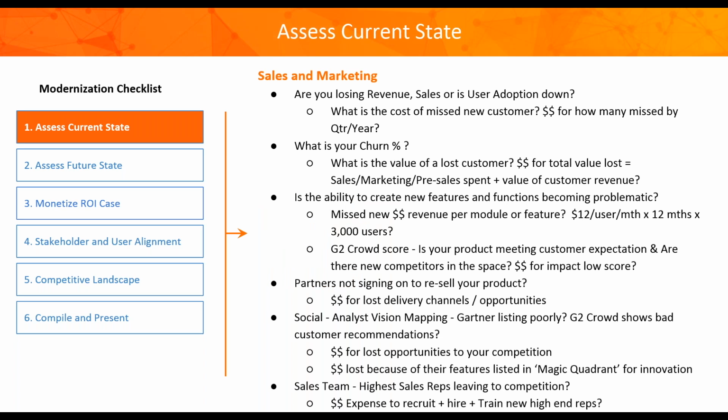Okay, so now let's get into a little bit of the current state. One of the big things we find our customers doing here is asking: are you losing revenue? Are you losing sales? Is your user adoption down? Typically, sales and marketing departments have a very specific win and loss ratio. They know when they've lost a new customer, and specifically who they've lost to for application functionality. Is your software in Visual Basic and the new one is in React, and other kinds of functionality that are out there? The second big task item is that of churn.